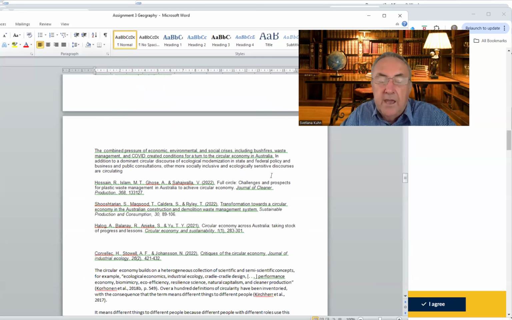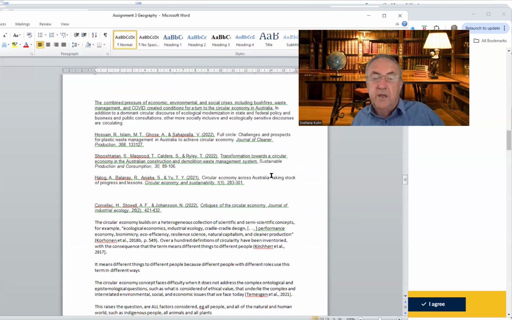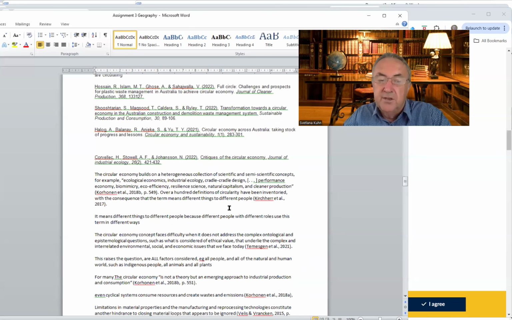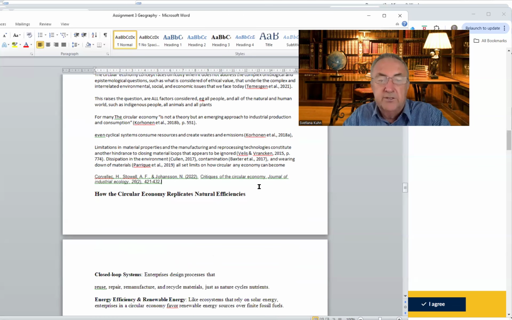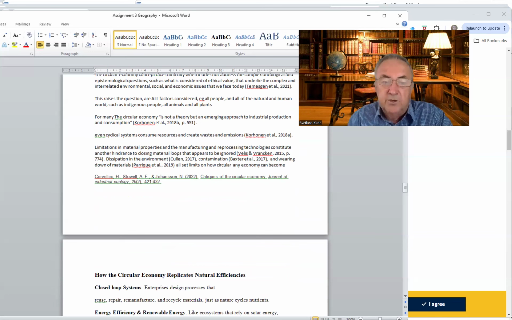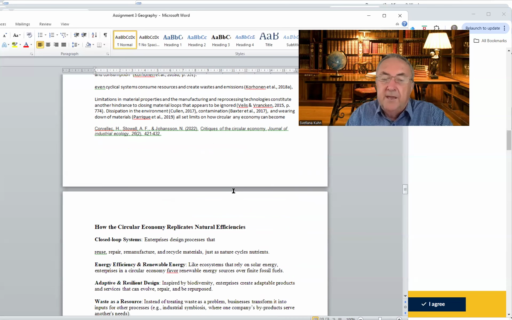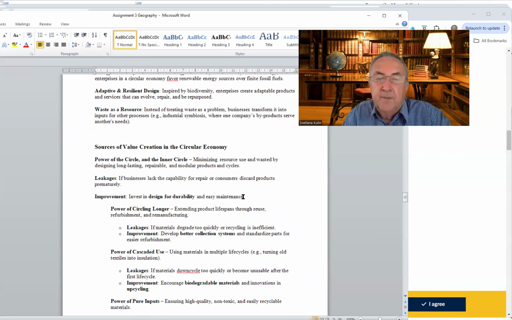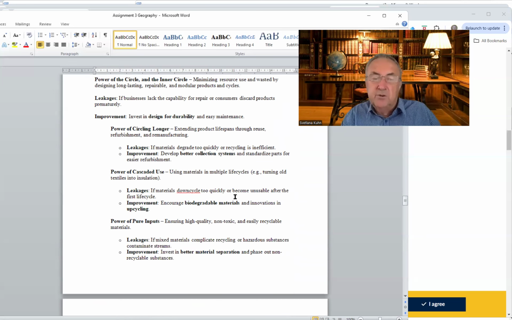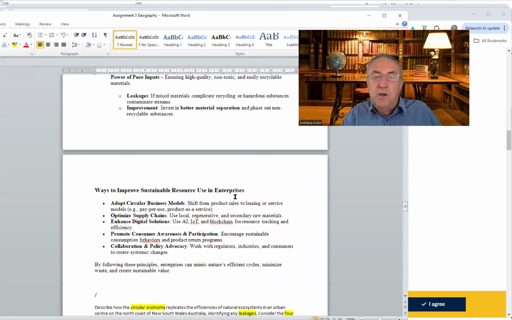You could look at other examples that you could find, and you could even encourage students or yourself to interview some of the people who work in the circular economies, and this could be written up as part of your assignment. Think about the ways in which these circular economies replicate the natural world and natural efficiencies by forming closed-loop systems that reduce the loss of energy and resources. Think of the ways in which value can be added to resources through circular economies and the way in which